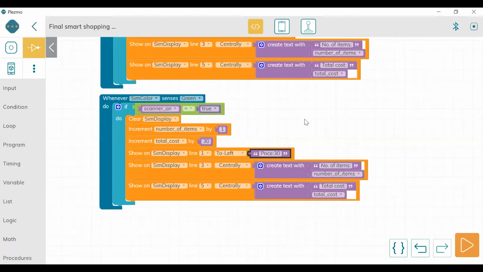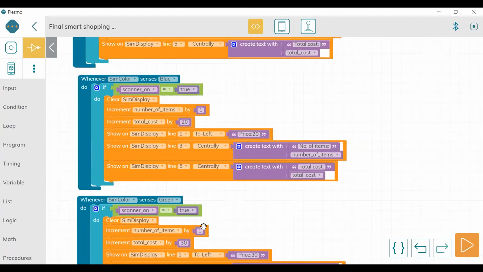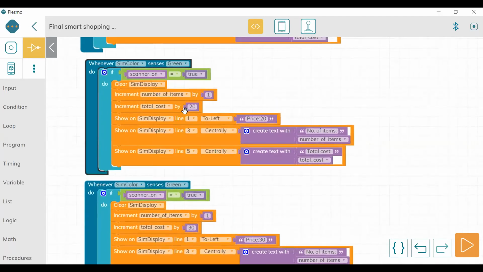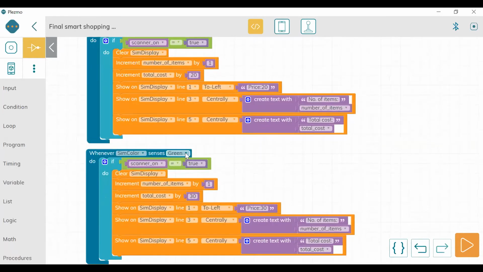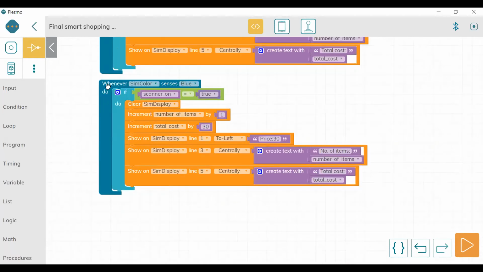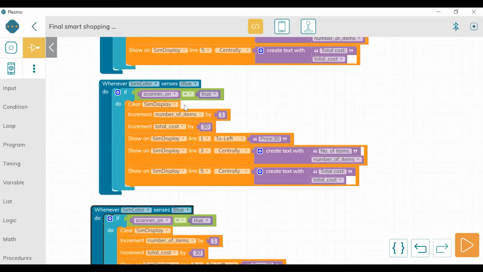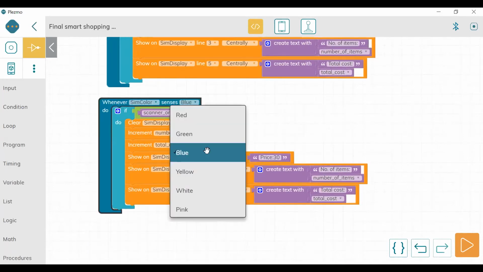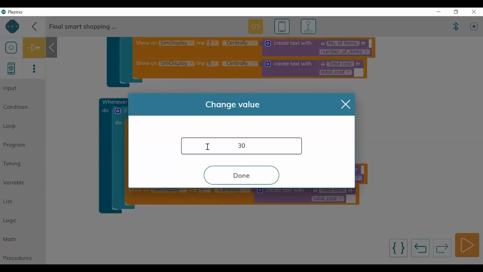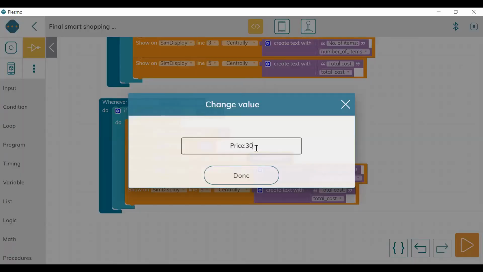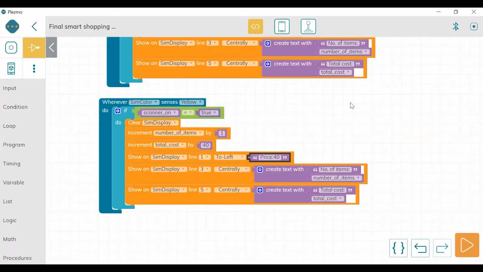Fine. I think in the first program we had taken the things here the other way around. It is first one for green and then for blue. So let us change that to avoid any kind of confusion. So this I will change for blue. So it is clear. So now the last one is yellow. So let's take yellow. Now here if you see yellow, then the price will be incremented by 40. Done, and the price is also 40. I hope it is clear.